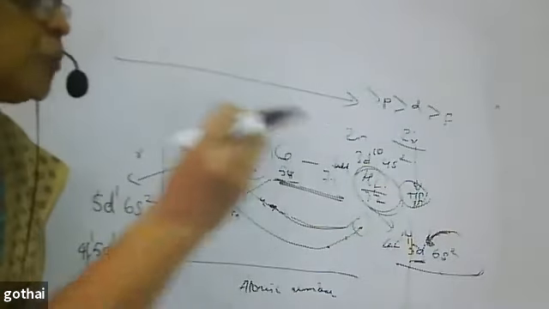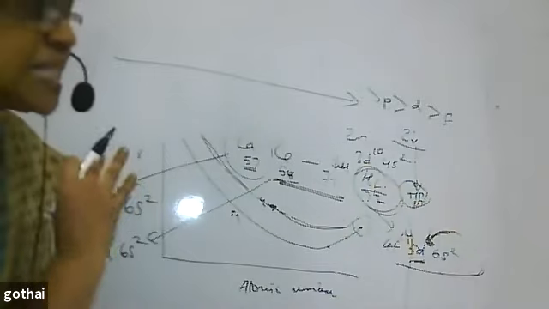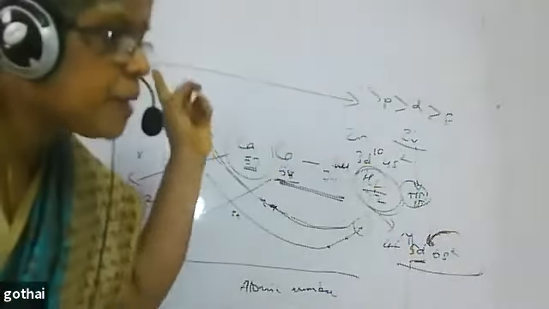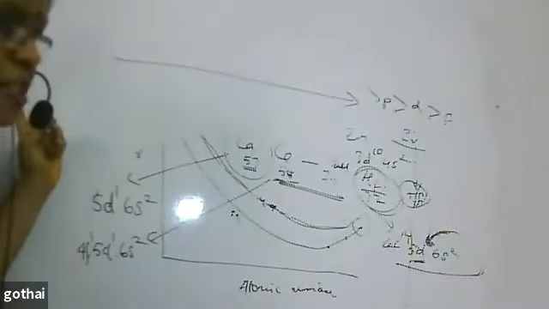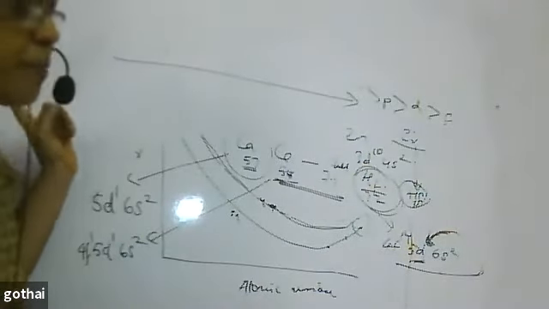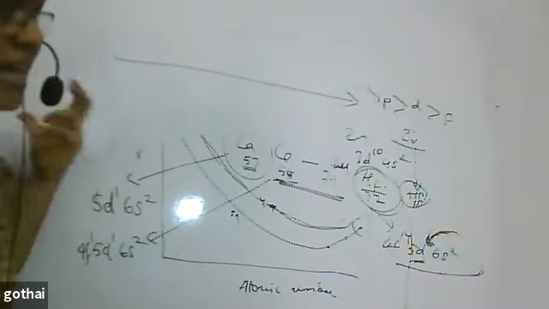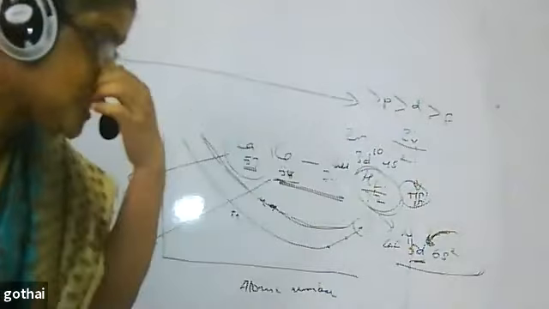Very minutely only they will differ, but you won't see the decrease as you see in p block elements when you move from left to right. As you see in s block elements from left to right, when you move in s block elements from left to right, you see a large decrease. Likewise in p block elements, you see a large decrease.